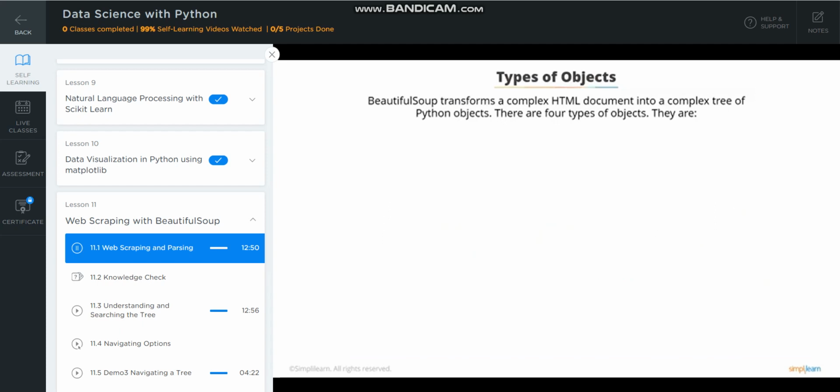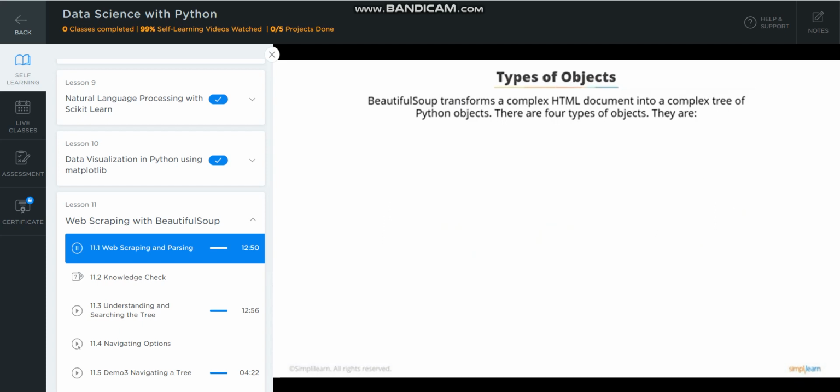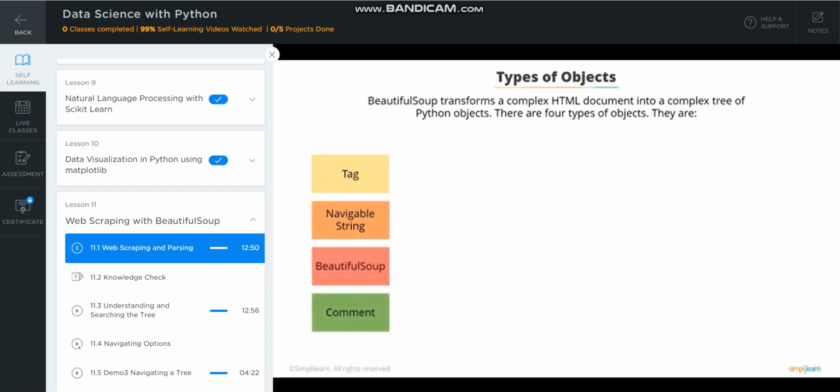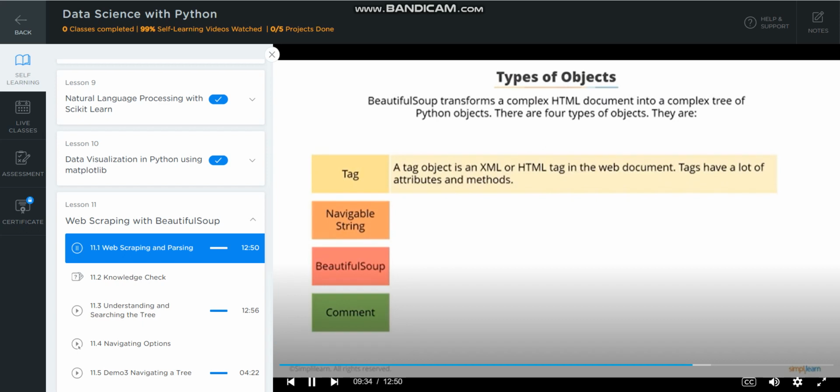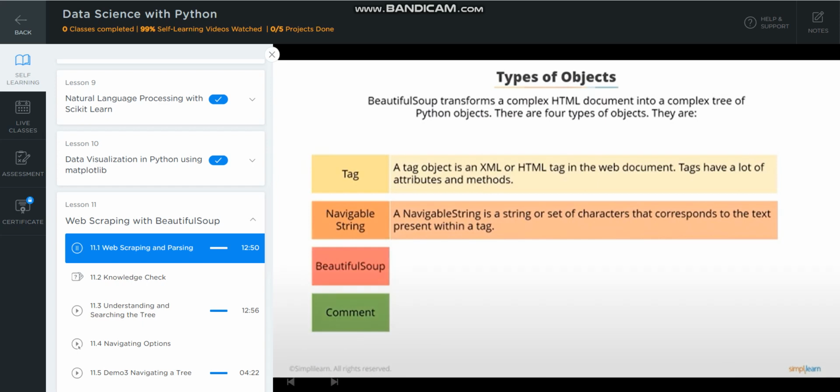Beautiful Soup transforms a complex HTML document into a complex tree of Python objects. There are 4 types of objects: tags, navigable string, Beautiful Soup, comment. A tag object is an XML or HTML tag in the web document. Tags have a lot of attributes and methods. Navigable string is a string